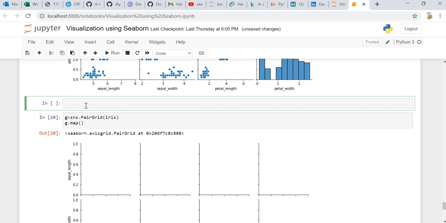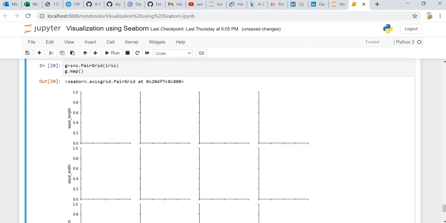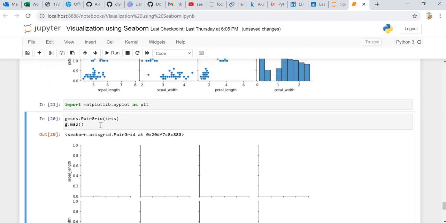If we want to plot the scatter plot, then we need to have matplotlib. So import matplotlib dot pyplot as plt. Okay, now matplotlib is imported.